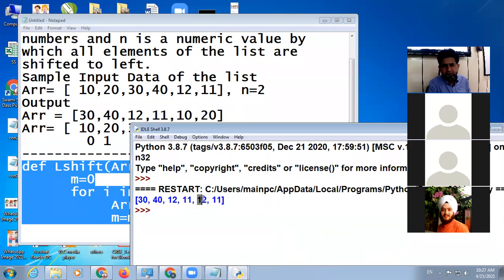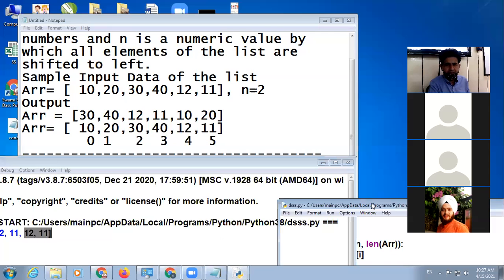The problem is that the last two elements remain as they are. Okay, so what we will do here, look at here.